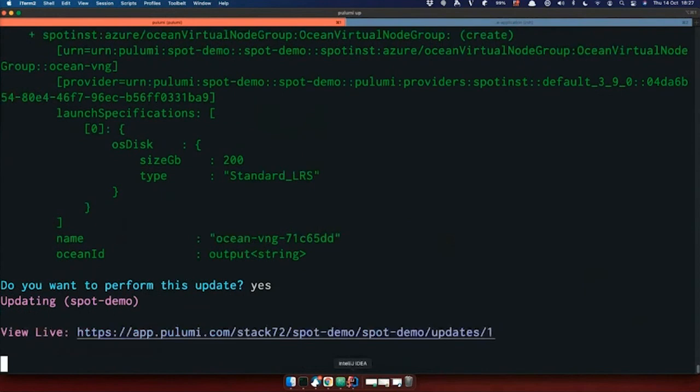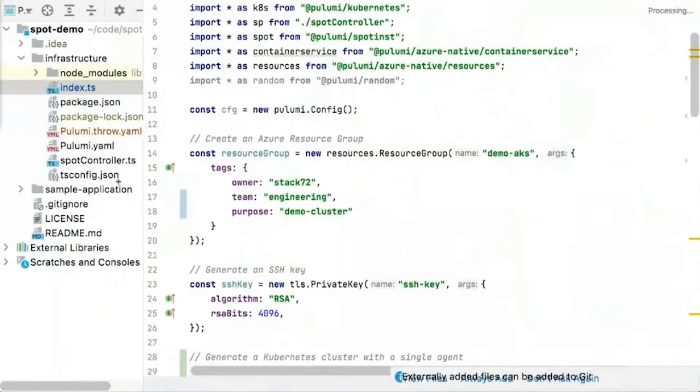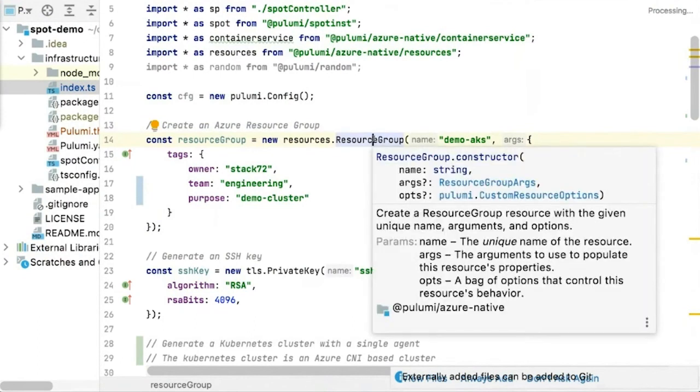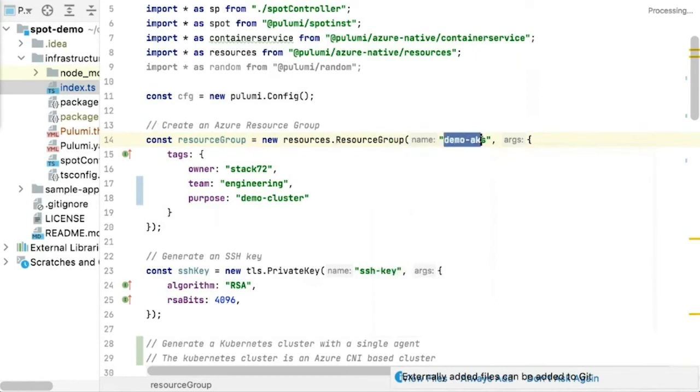So we're just going to say yes, and then I'm going to go back and look at the code and make sure everything is as expected. My fingers are crossed that this will actually work, but if not, we'll make our way through. As we can see, we're trying to be a little declarative here, and Pulumi follows the idea where a resource constructor is made of a name, some optional arguments, and some optional options. We'll talk about the options a little later because those are a little more sophisticated than what we need to worry about now. But we can see that we're going to create an Azure resource group